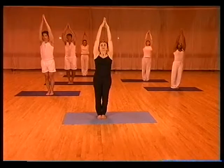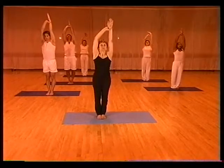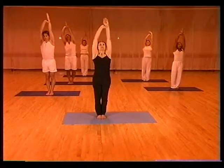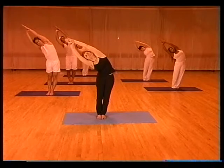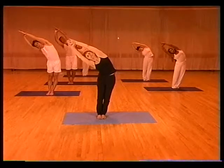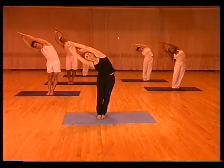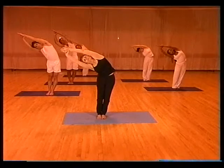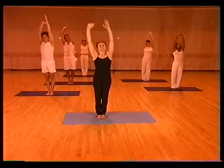Standing in the middle of your mat, you can turn now to the side. Place your right hand and hold on to your left wrist. Now tighten the buttocks, lift the body up and straighten that left arm because your right arm is pulling it, not just for the sake of it. Make sure that your weight is slightly forward rather than back, otherwise you may hurt your back. Now once you feel you're in the deepest stretch, just rest your head on the upper part of that right